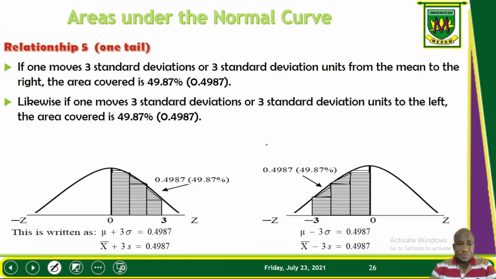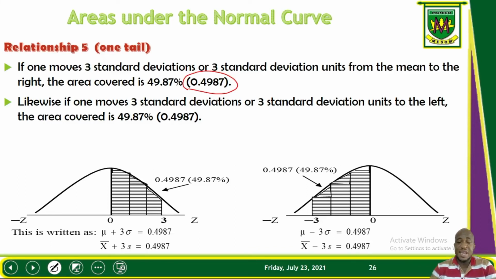On this slide, which is one-tailed, it's talking about if one moves 3 standard deviation units from the mean to the right, the area covered on the table, you will see 0.4987. Likewise, if one moves 3 standard deviation units, I always add the units, though it's not there, but still it's the unit, to the left,